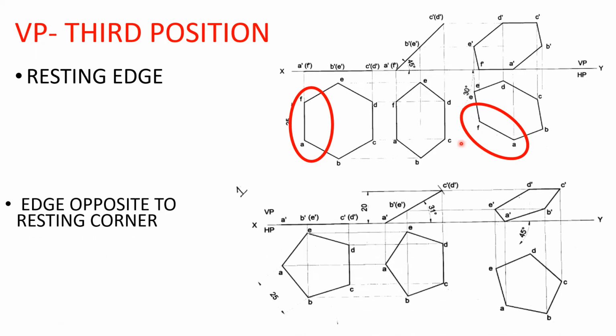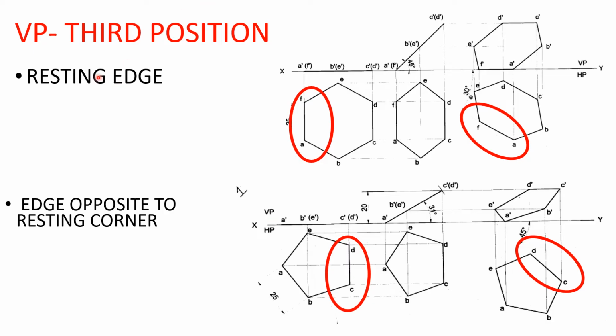Okay, there may be, if it is resting on one of its corners. Okay, you can see here it is resting on a corner. Then we have discussed the previous problem, right? Where they ask like the opposite edge is at a height of 25 mm above HP. Okay, cut an arc and rotate, right? And what they will tell here is, the edge opposite to the resting corner is inclined at 45 degrees to the VP. Okay, such problems may be asked,